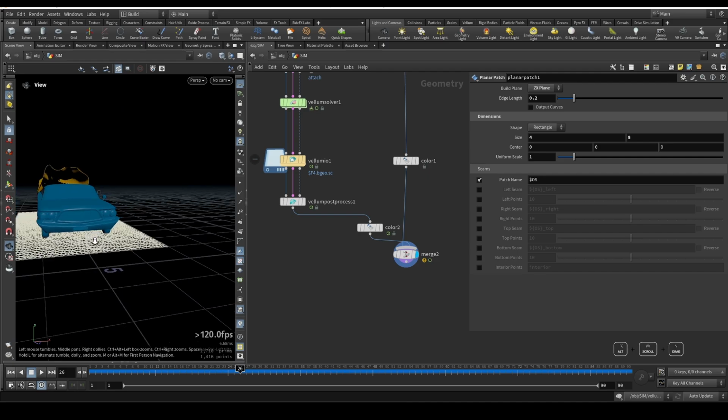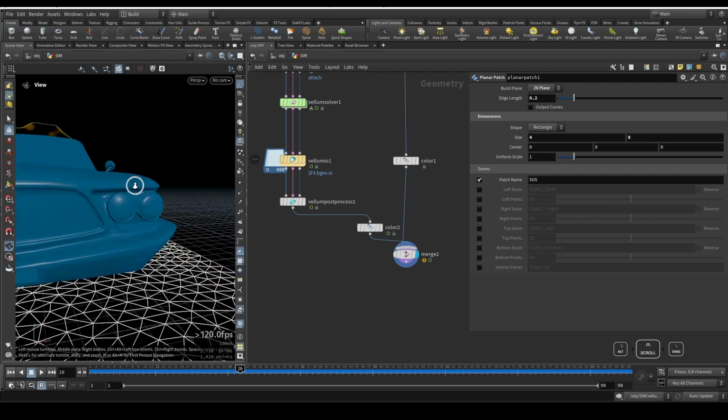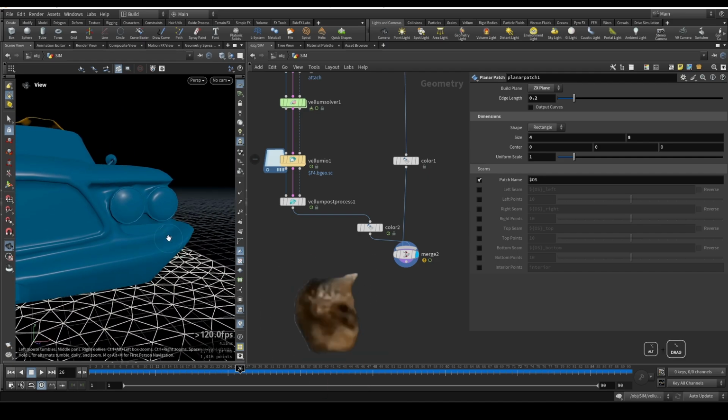Until then, enjoy this car simulation. Put some music here, and then